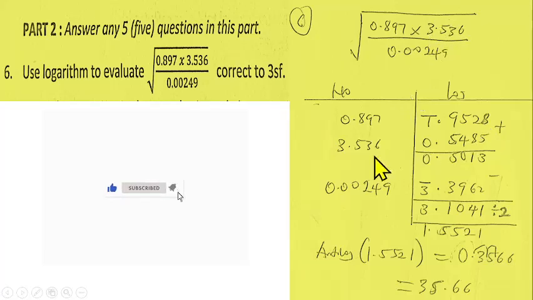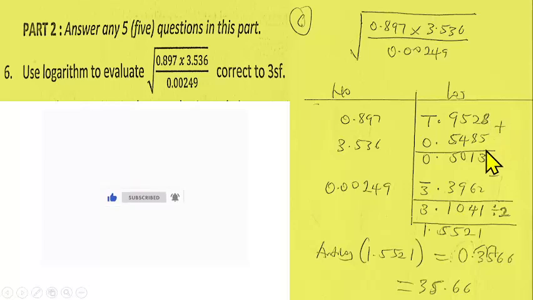Then the next number is 3.536. What's the characteristic of this number? That will be 0 point. Check 35 under 3, difference 6, in your logarithm table. That gives us 5485. Then because you have multiplication between these two numbers, you add